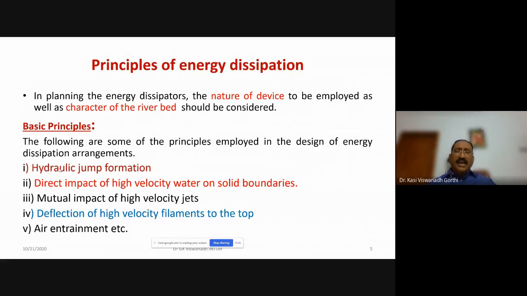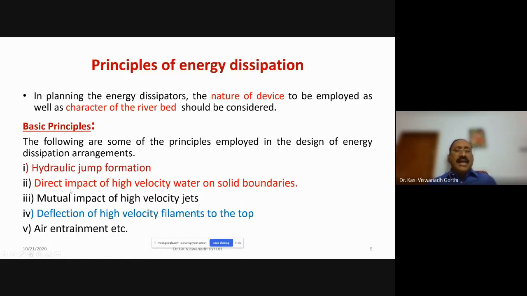During this hydraulic jump, as we already saw in our second year fluid mechanics, it is rapidly varied flow. So there is a huge variation in the depth of flow over very small distances. For a short span of the channel, there will be huge variation in the depth of flow, leading to the change of state from supercritical to subcritical. And hence there will be loss of energy, that is, the energy is dissipated. This is one principle that is adopted to see that the energy is dissipated.